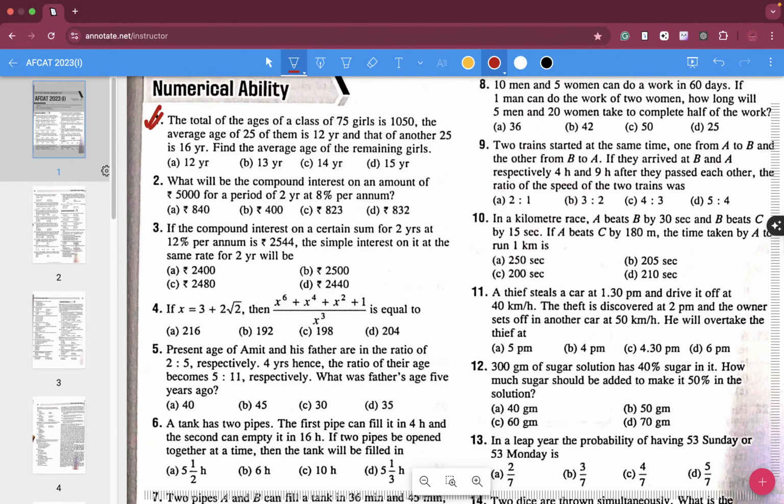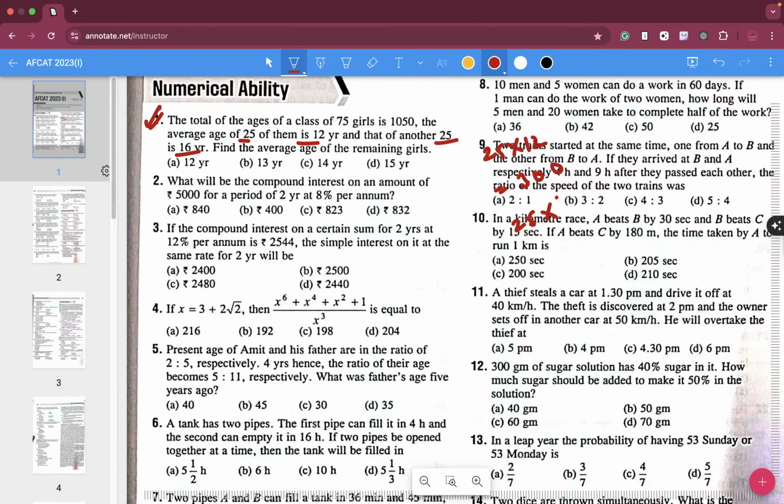The total age of a class of 75 girls is 1050. That is the total age of all the girls in that particular class. The average of 25 of them is 12 years, so what is the total over here? 25 into 12, which is 250 plus 50, which is 300, and another 25